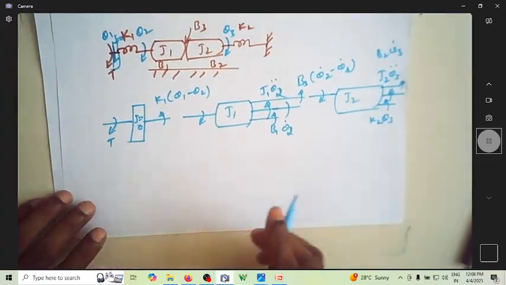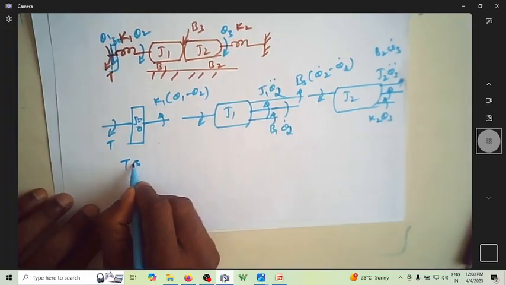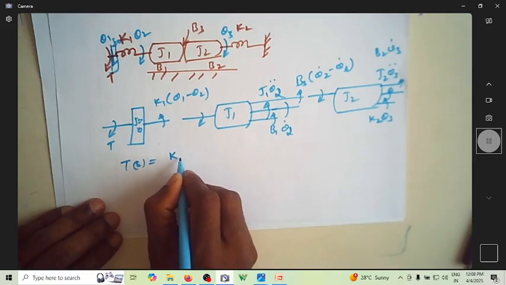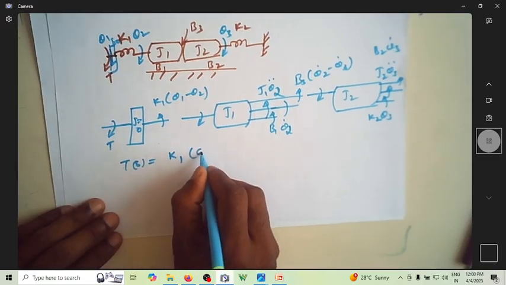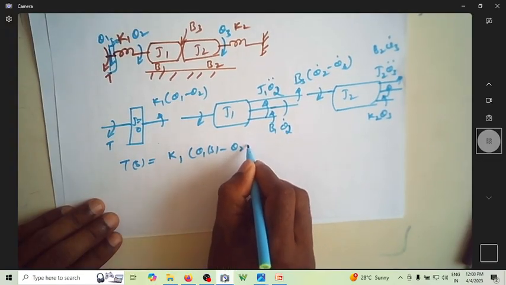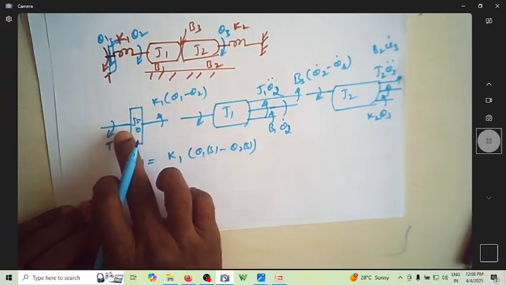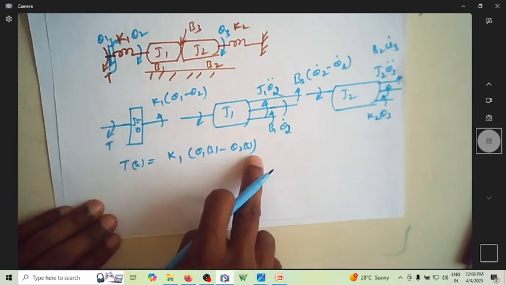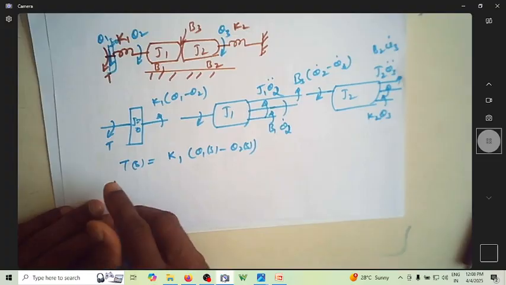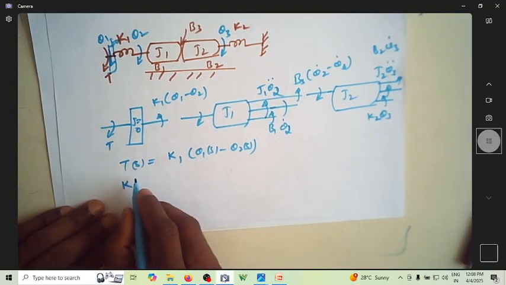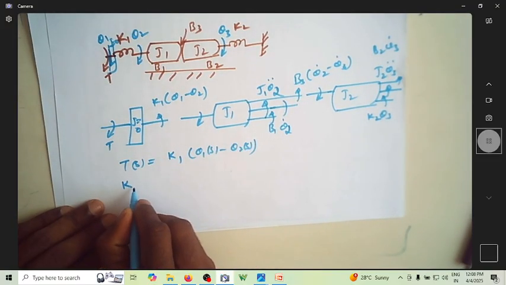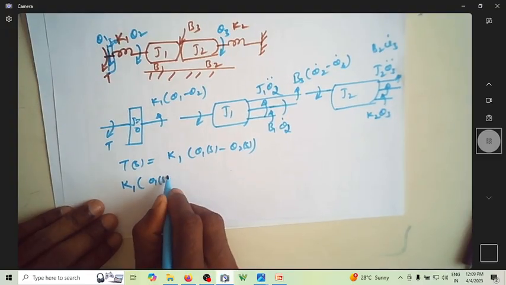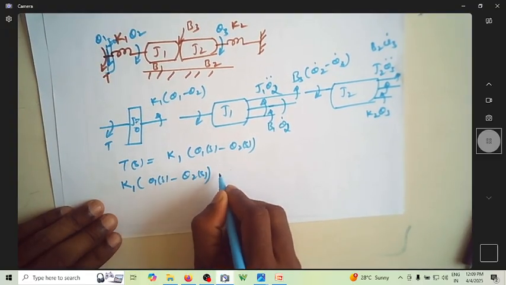If you write the equation for this, then this becomes T(s) is equal to K1 (theta 1 of S minus theta 2 of S). Acting torque is nothing but T(s). The opposing torque is this. The same opposing torque will become the acting torque for the second inertia. It is now K1, sorry, K1 (theta 1 of S minus theta 2 of S) is equal to